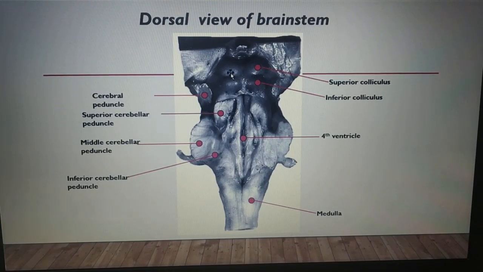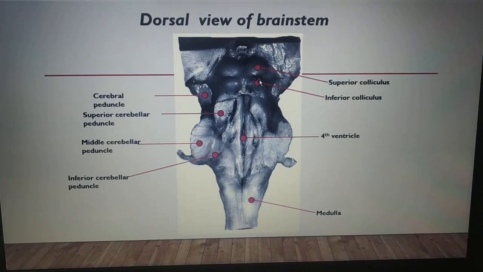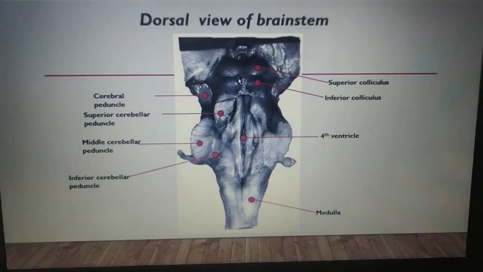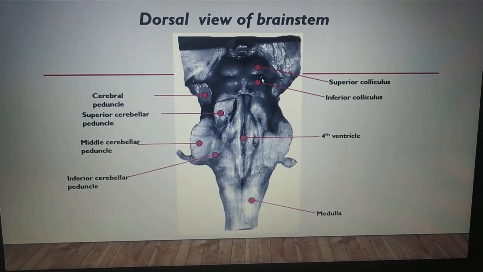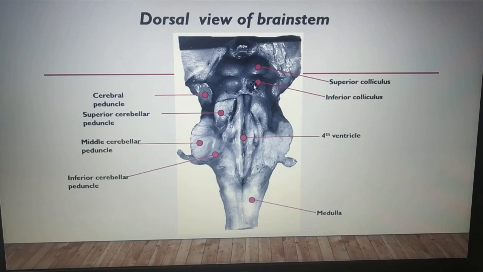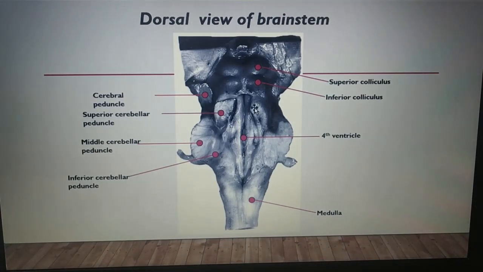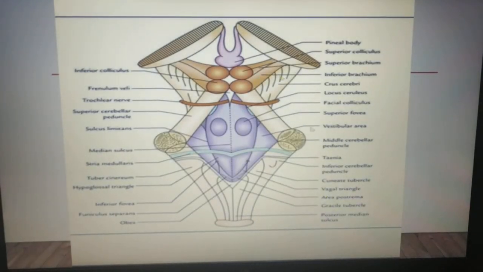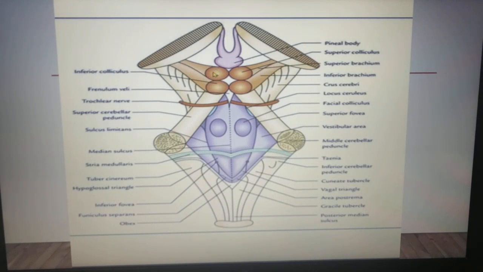Between the colliculi, or the swellings, there is a sulcus called the cruciform sulcus. It is crossed, so we name it cruciform. The upper limb of the sulcus reaches the pineal body. The lower limb of the sulcus reaches the frenulum veli. We have seen the corpora quadrigemina, which consist of the superior colliculus above and the inferior colliculus below, and we have already seen the cruciform sulcus, with its upper limb extending to the pineal body and the lower limb extending into the frenulum veli.